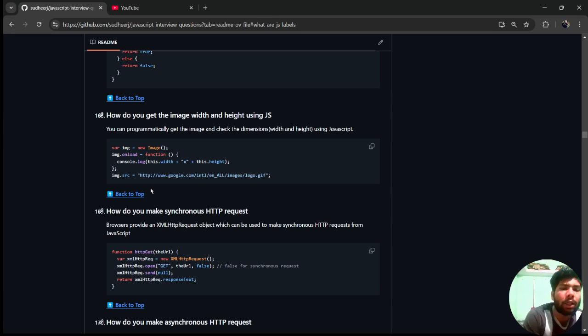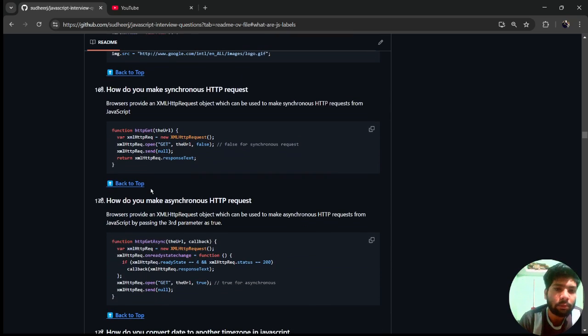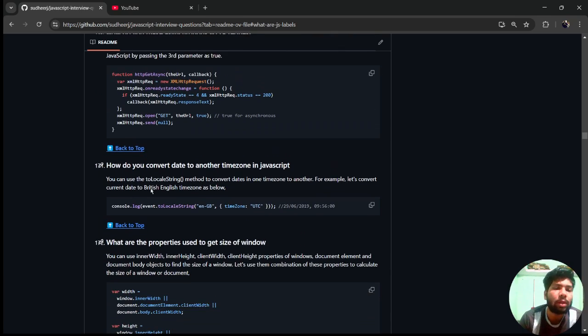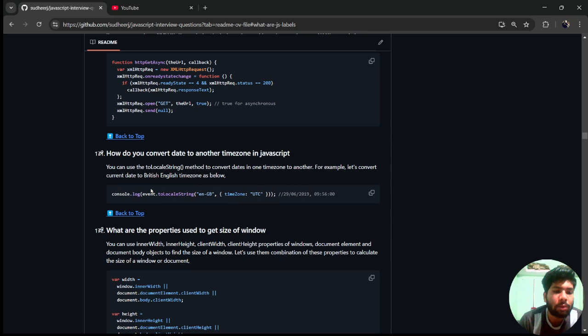Okay. How do you get an image width and height using JavaScript? This.width and this.height, that's the thing. How do you make a synchronous HTTP request? The browser provides an XMLHttpRequest object which can be used to make synchronous HTTP requests from JavaScript. Okay, asynchronous is not the same, but